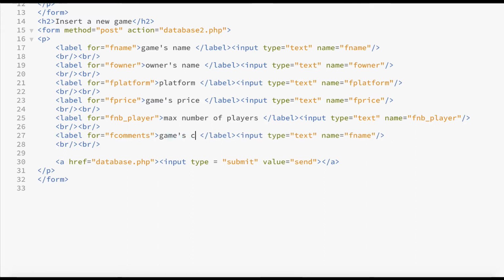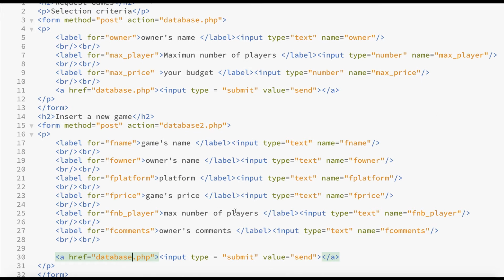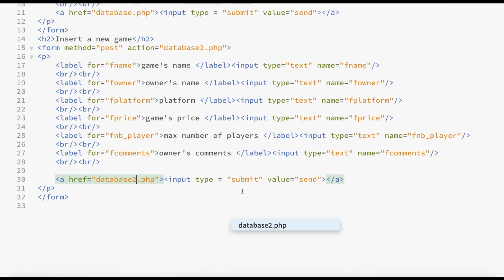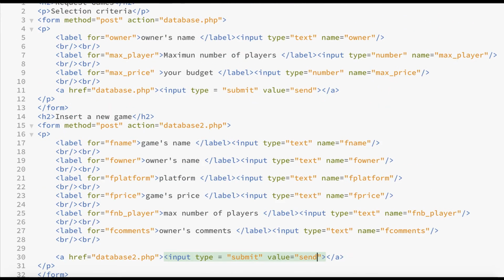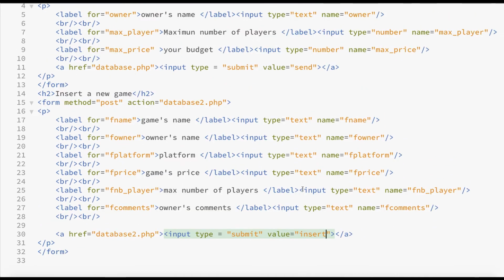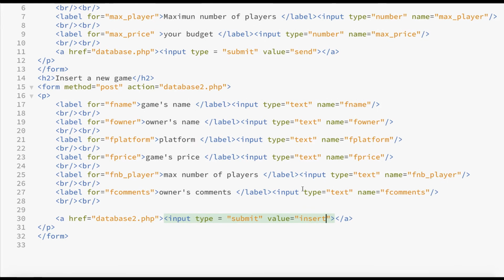Here I have comments, and here owners comments. Here I change also the name of the input to comments. So my validation point should link to database 2, and as value I have insert. That's all for my form.